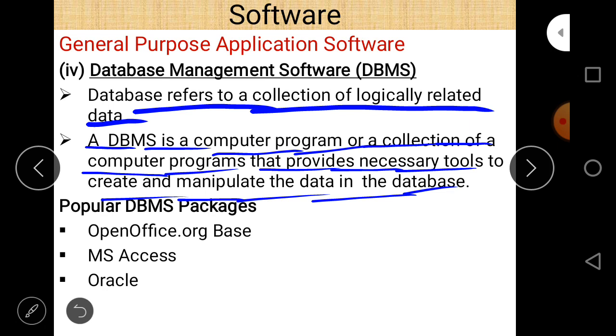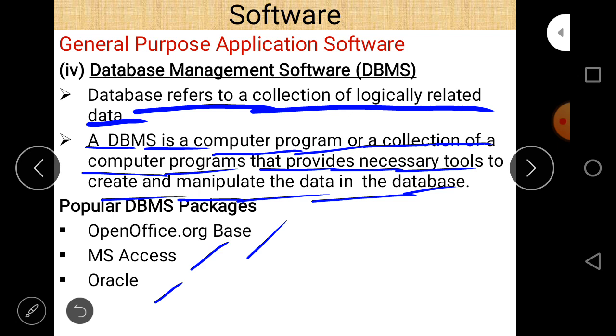And some popular DBMS packages are OpenOffice.org Base, MS Access, Oracle, MySQL, SQL Server. These are all called DBMS or database management software.